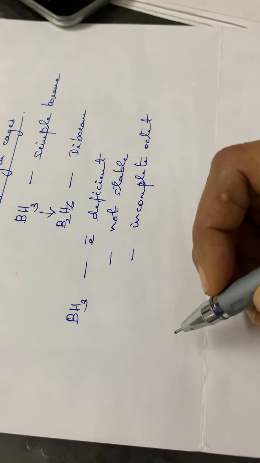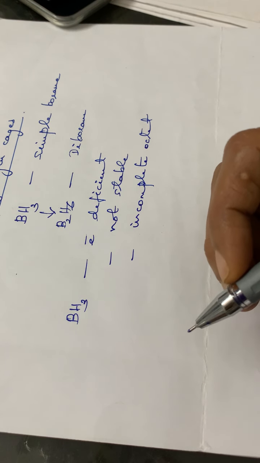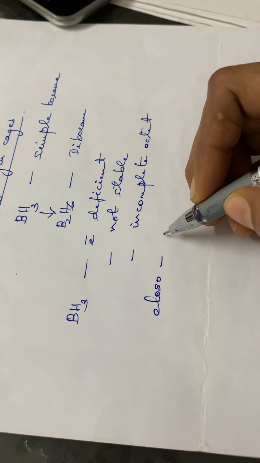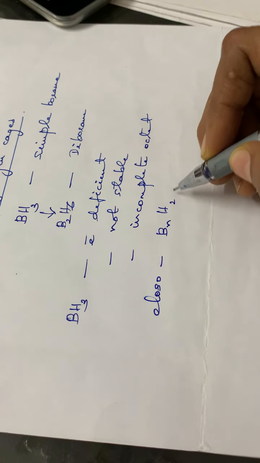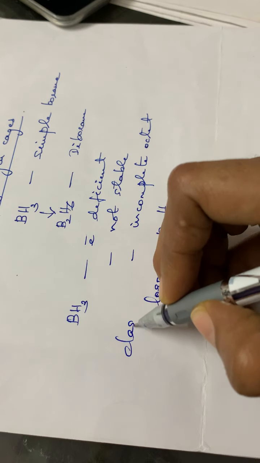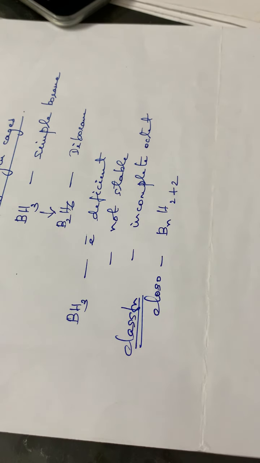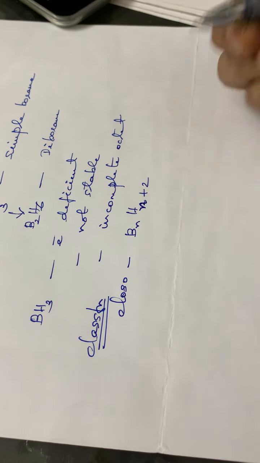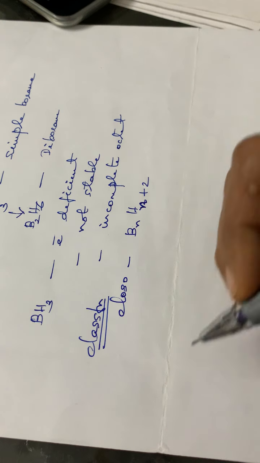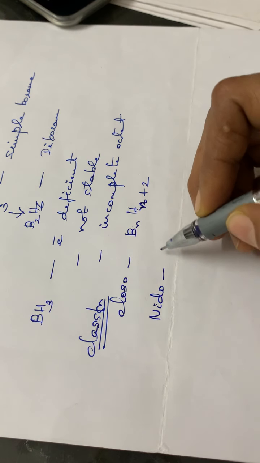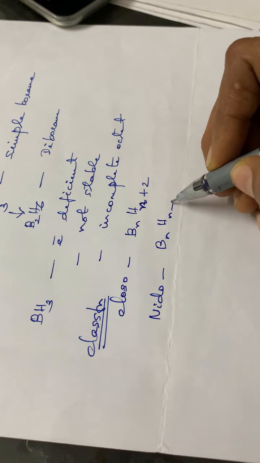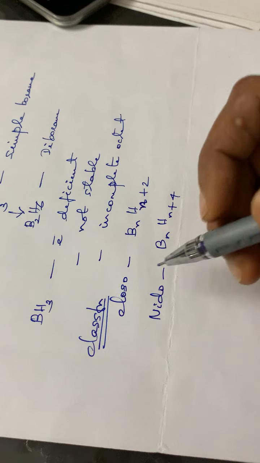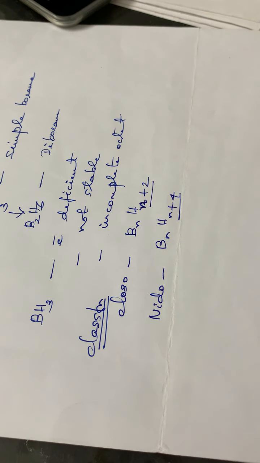So we have already seen the classification of boranes, isn't it? That is closo, nido and arachnoboranes. Closoboranes have the formula BnHn+2. That is the classification of borane that we had seen in our previous class, I think. Closoborane is BnHn+2. Then nidoborane is BnHn+4, that is 2 hydrogens in addition in the case of nido. Okay, closo has n+2, nido has n+4.